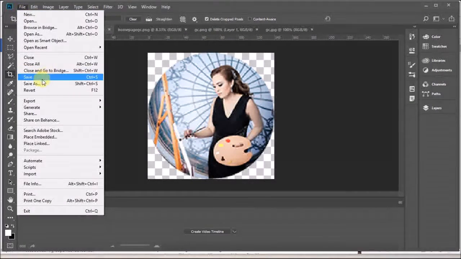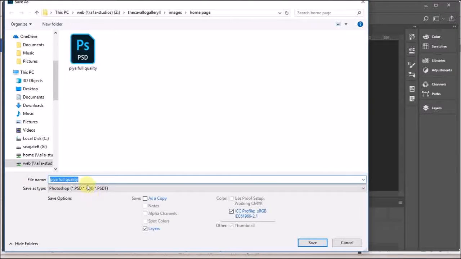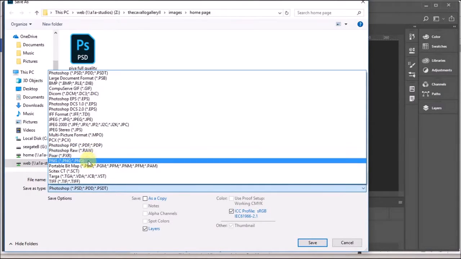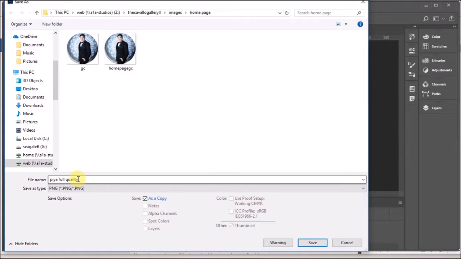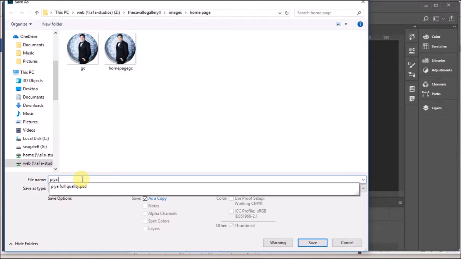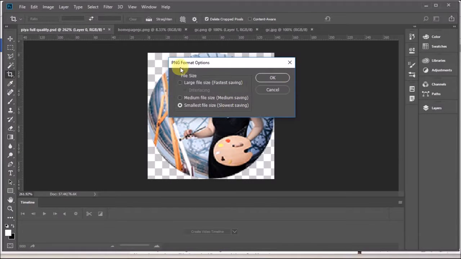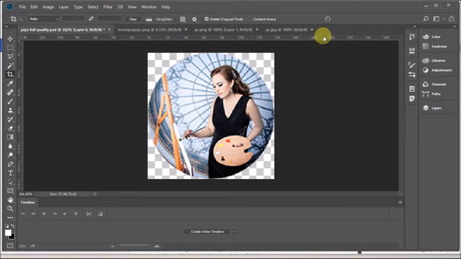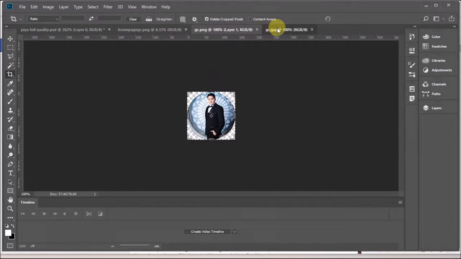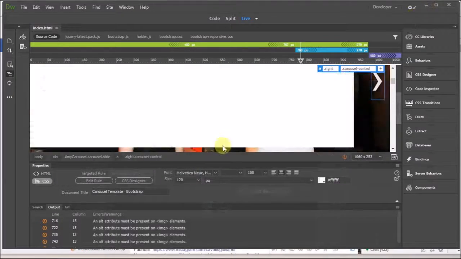I'm going to save this as a PNG. Make sure you save it as a PNG, and I put here Pia homepage. And just leave this alone. Okay, so I saved the picture to my root folder, and now let's go to Dreamweaver,